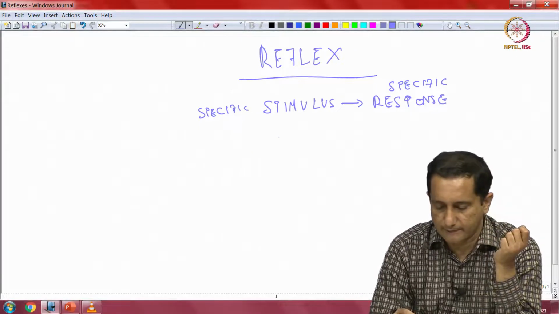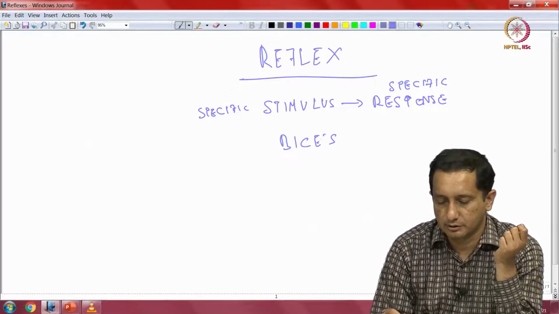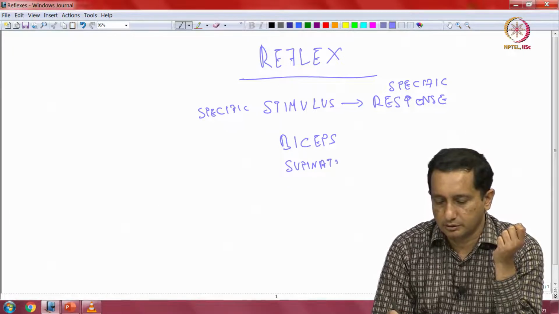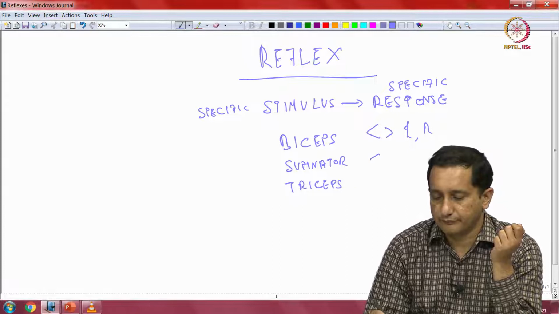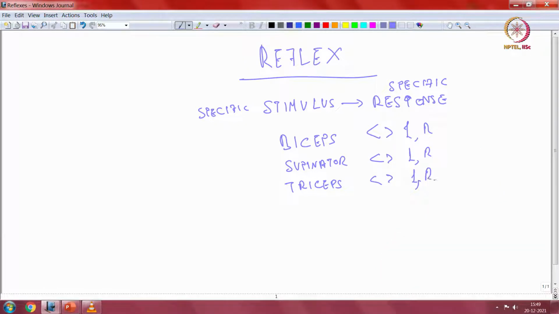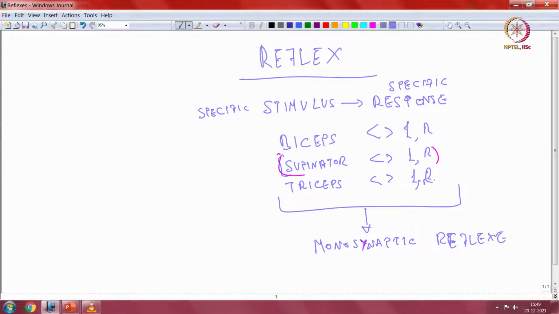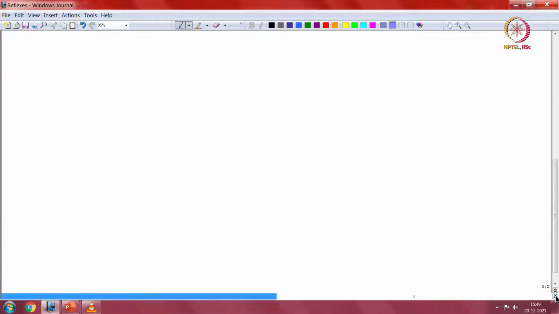In the video, I have demonstrated the biceps, supinator and triceps reflexes, both left and right, and I showed how it is universal. There are a couple of such reflexes all throughout the body, and they form a class of reflexes called monosynaptic reflexes. These, excepting of course this one, which is polysynaptic. So, we will see what actually happened during the process, and why it is very important that we understand